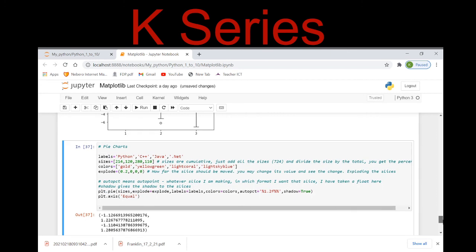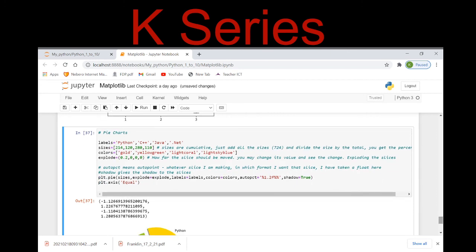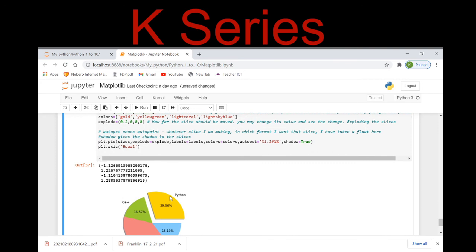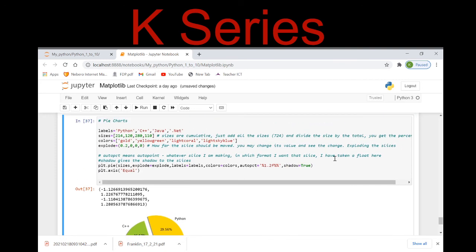Now is the pie chart. Pie charts are also there in Matplotlib. How can you define pie charts? See here, I have taken labels with 4 individuals, right? Sizes are also given. Now here, as you can see, the complete pie is of 100 percentile, right? If I want to show it in chunks, my elements percentile should be depicted through pie chart, then I have to describe the sizes.